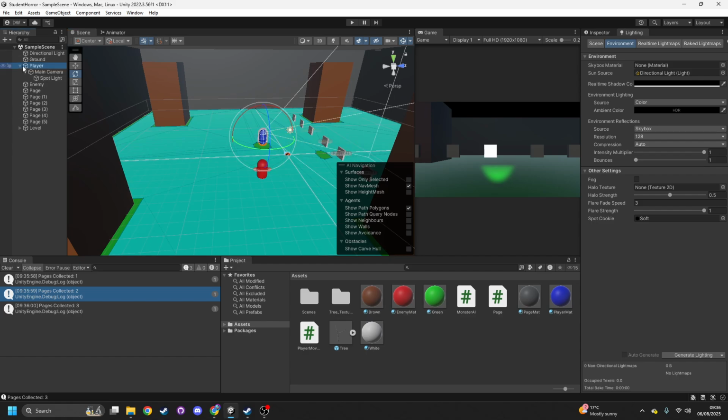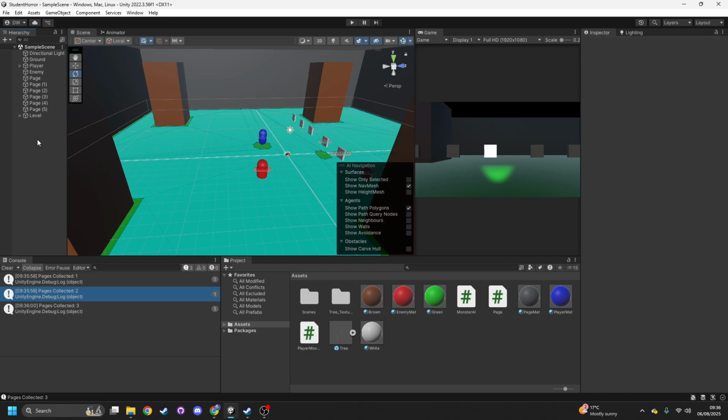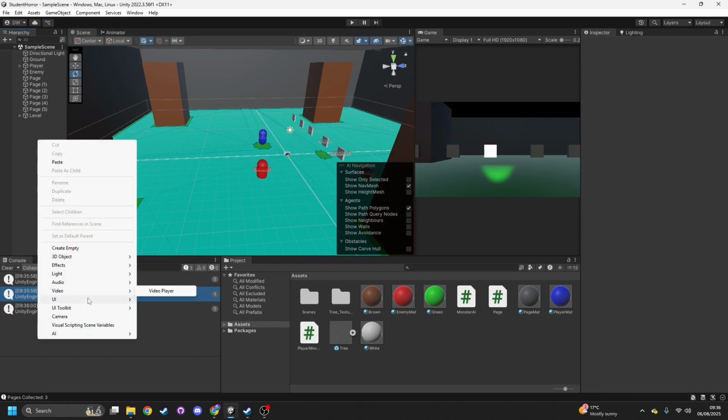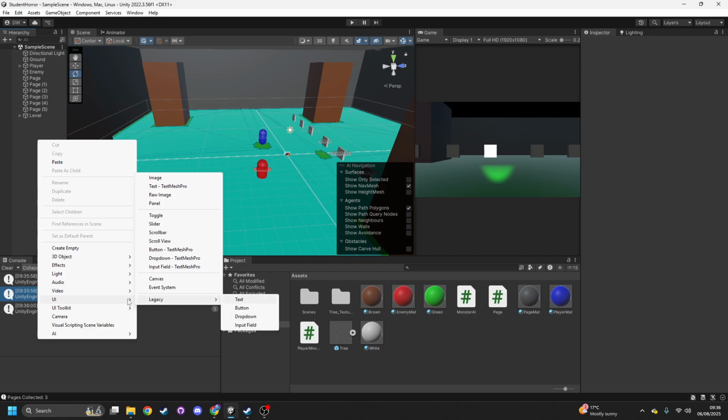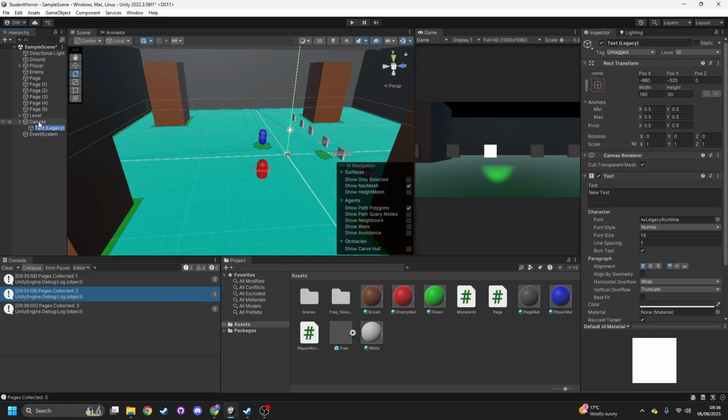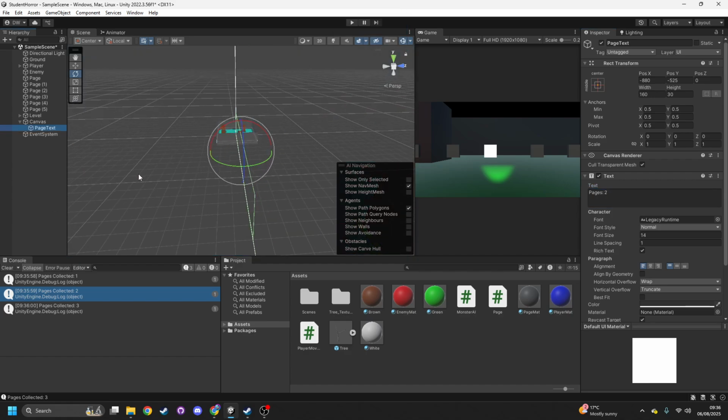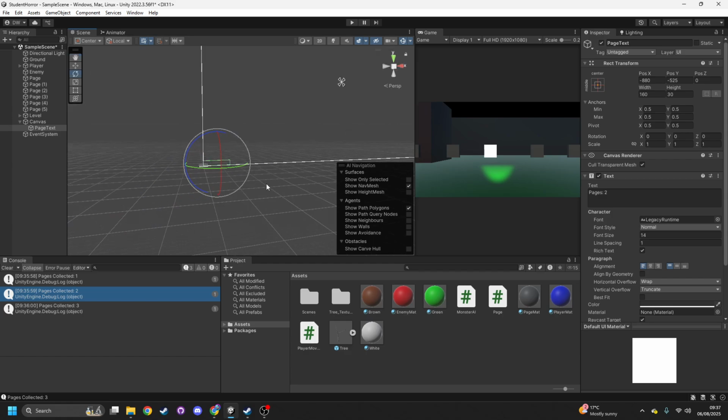But we are going to do a bit of UI. So in our hierarchy, I'm going to do UI, canvas, legacy and text, and it will spawn a canvas and a text. This is just going to be page text, so this is just going to tell me how many pages are left. So it will say, like, for example, pages 2. Now, if you double click that, it's going to rip you out of the scene, because this is where your